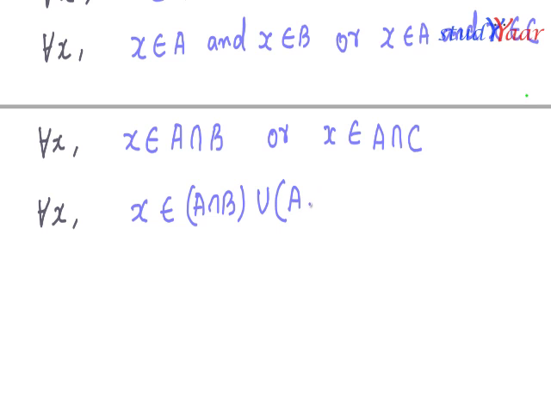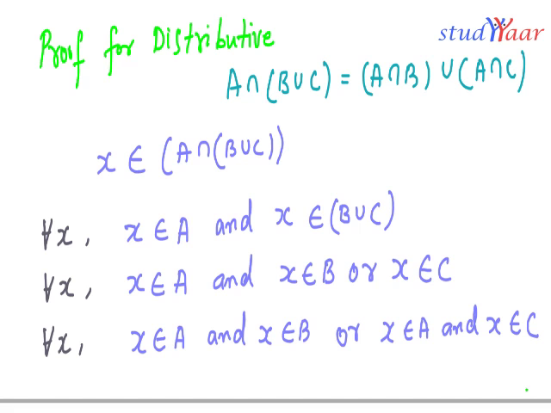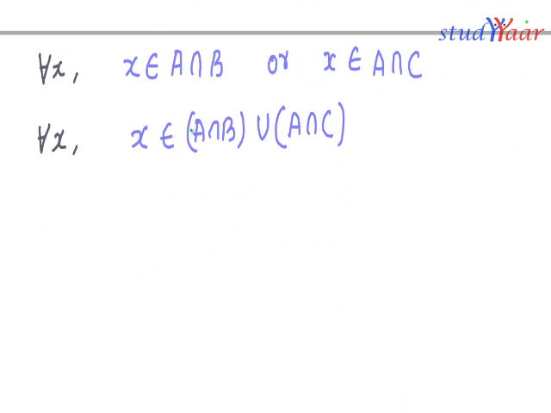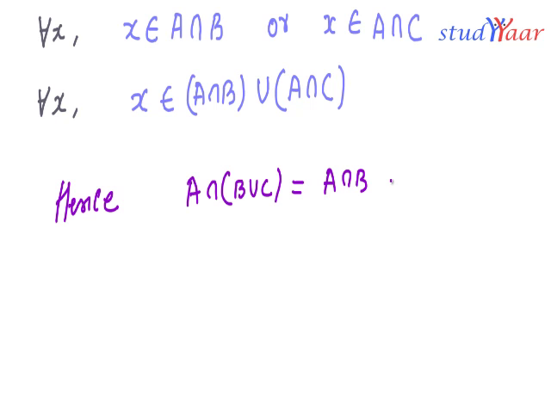A intersection C. So now we have proved that for all X which is an element of this set, it is also an element of this set. Hence I can say that A intersection B union C is equal to A intersection B